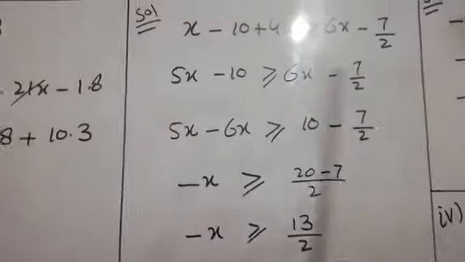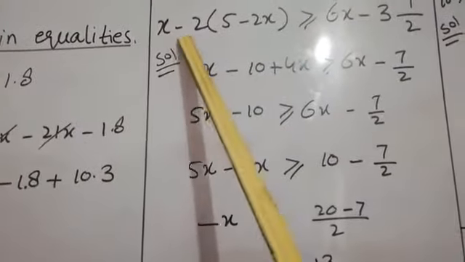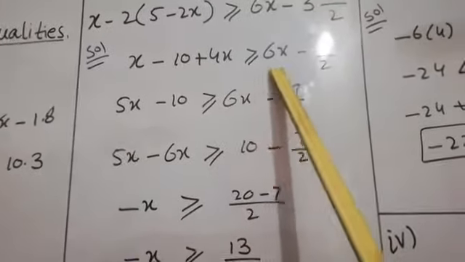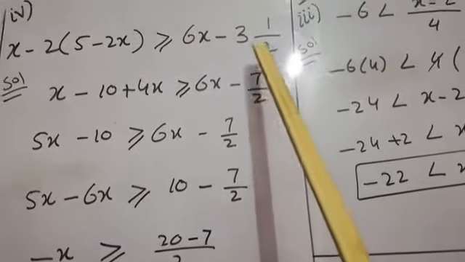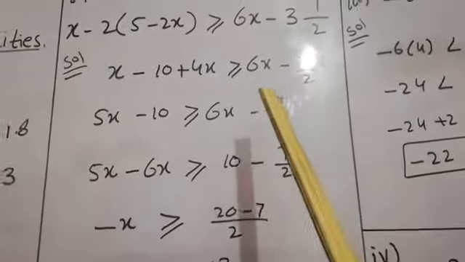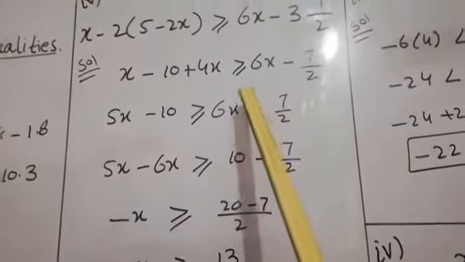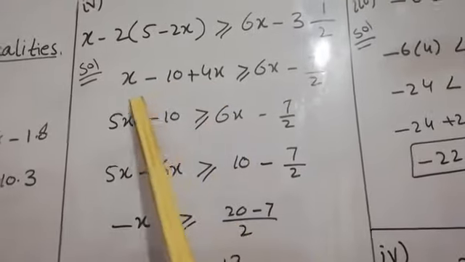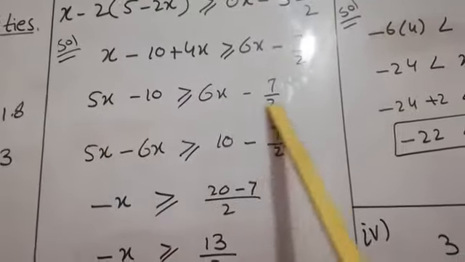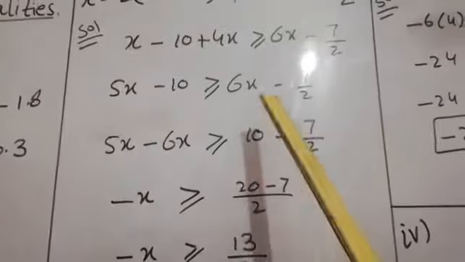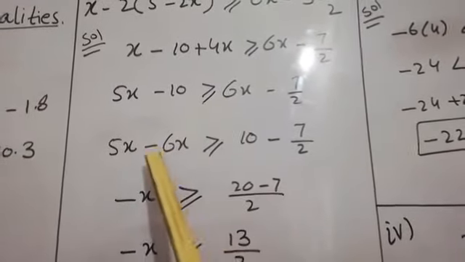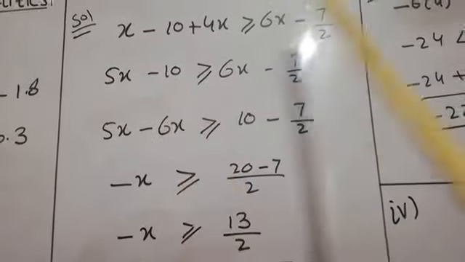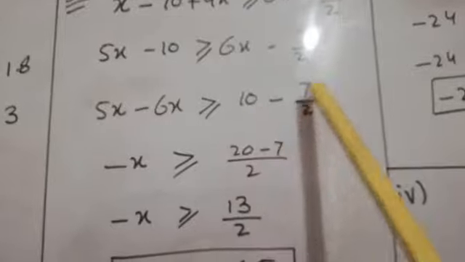Okay, dear students, now we will multiply: x minus 2 fives are 10, minus minus plus 2, 2 twos are 4x greater than or equal to 6x minus 7 by 2, 3 twos are 6 and 1 7 by 2. Now in this step we will add first of all 4x plus 1x is equals to 5x and write other values as it is. And now we will write the inverse of this 6x to the left hand side and get 5x minus 6x, and we will write the inverse of this 10 to the right hand side. This will become 10 minus 7 by 2.